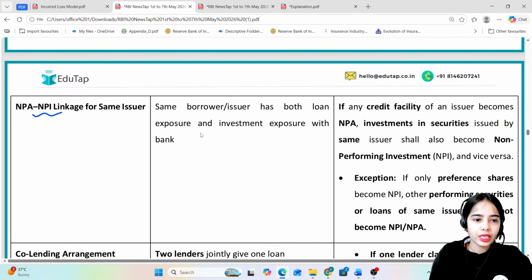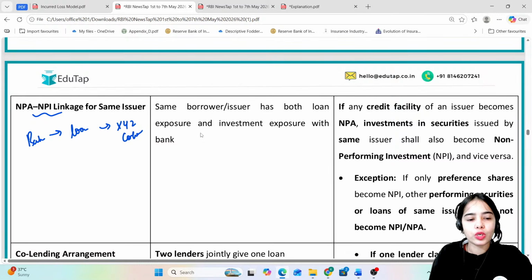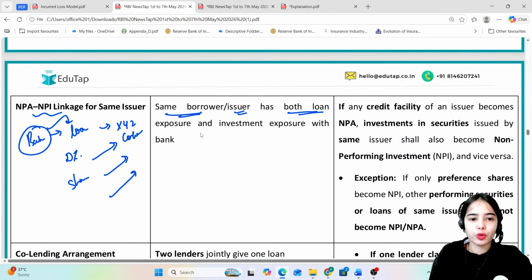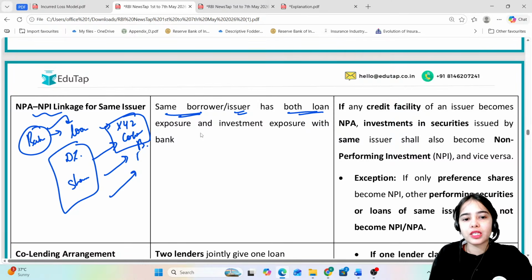Let's say that a bank has provided a loan to XYZ corporate entity. The bank has also invested in the debt instrument of the XYZ corporate entity. The bank has also invested in the shares of the XYZ corporate entity. The bank has also invested in other instruments like debentures or derivatives launched by this XYZ corporate entity. So if the same borrower or issuer has both loan exposure and investment exposure with the bank,